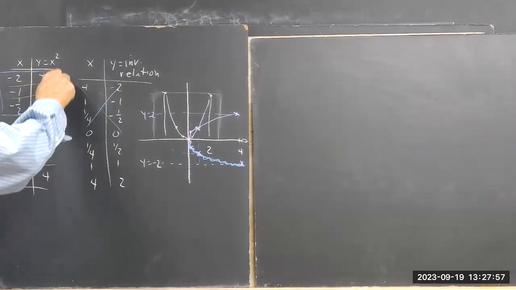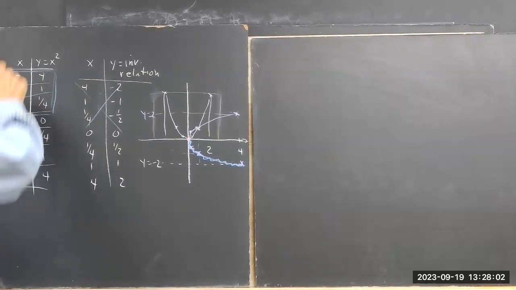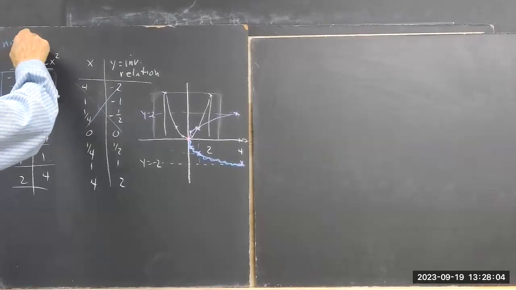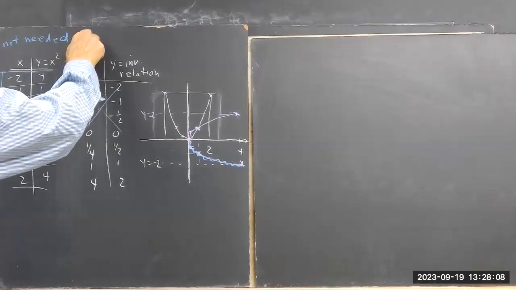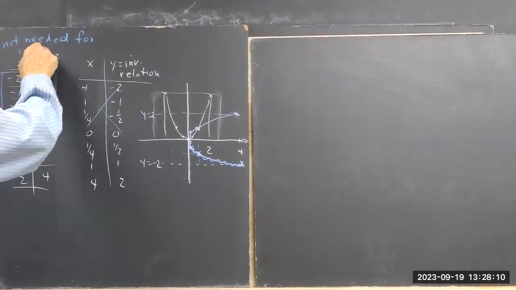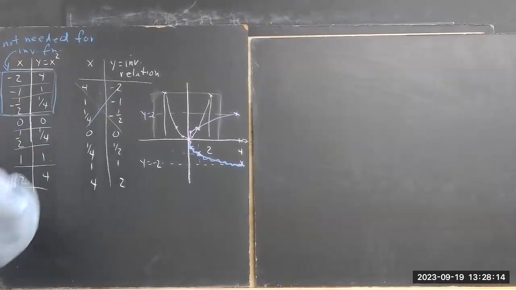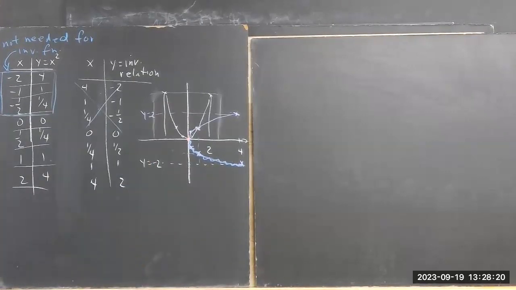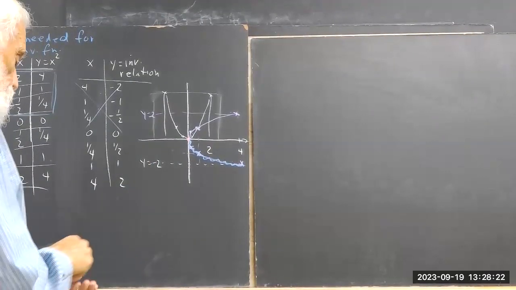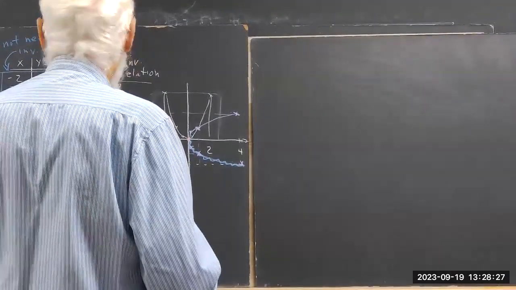So I'm going to say the numbers here are not needed for the inverse function. These are needed. These are the numbers that we would then invert to get the inverse function. So this is, and if we do that,